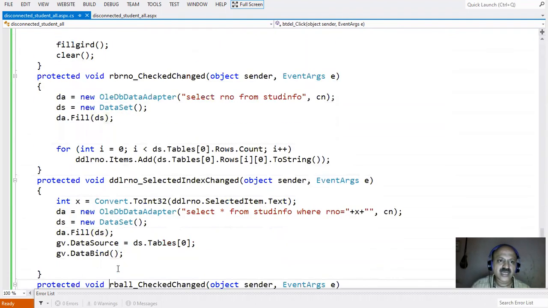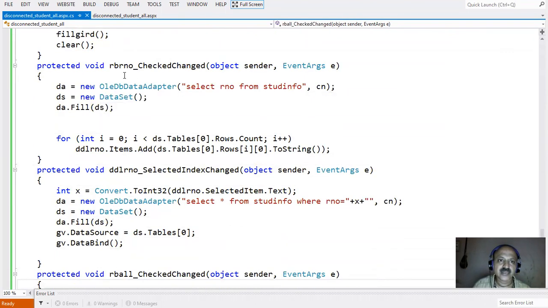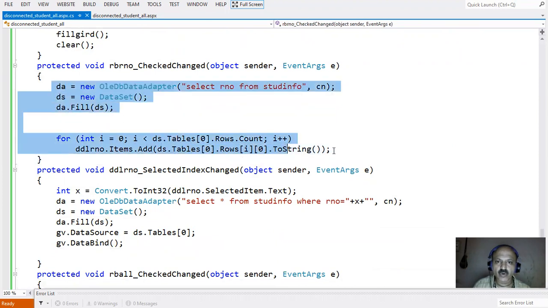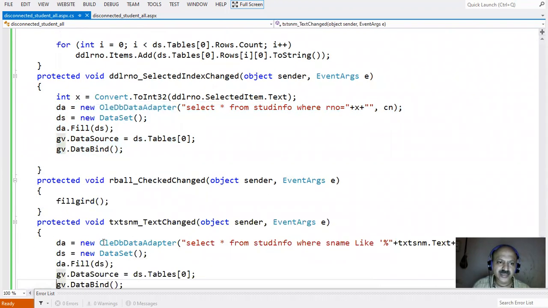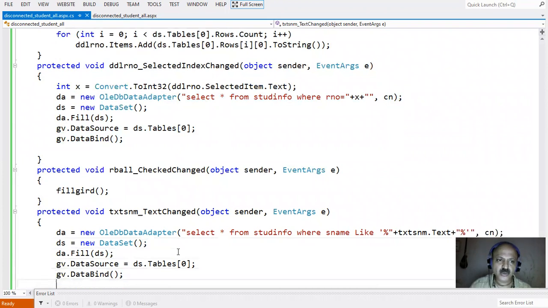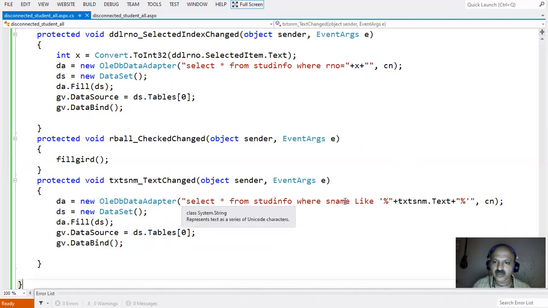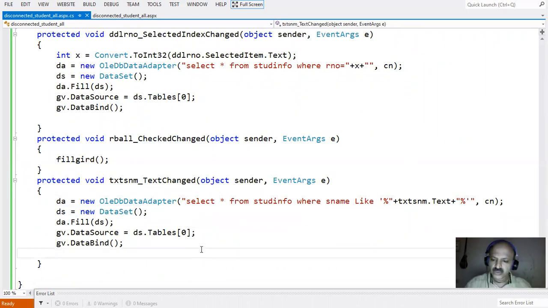And now last, that is select roll number. You can fill the combo box, search combo, based on the roll number, and then select index, drop down, select index change. We can just use where clause. Otherwise, all code is in the fill grid, and all operations just call fill grid. And in like operator, that is the last operation we can do, like single quote in between percentage sign. Otherwise, single quote, double quote, you can first write and then the percentage sign.